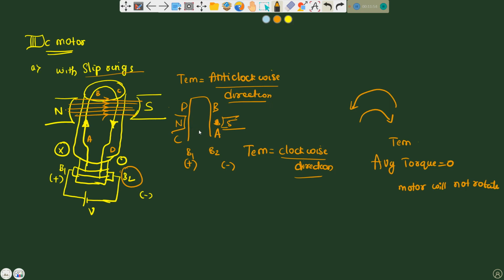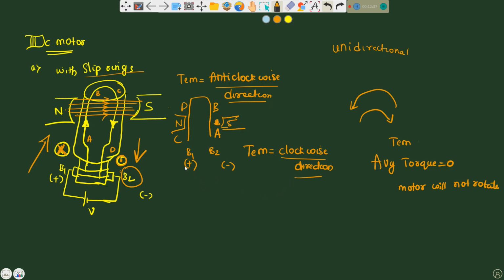So for the production of unidirectional torque, current must be cross under north pole and dot under south pole. If it is cross, current is going inwards. If it is dot, the current is coming outwards. So the direction of current should be reversed for every half rotation, means the current should be